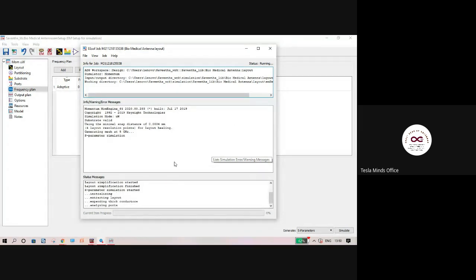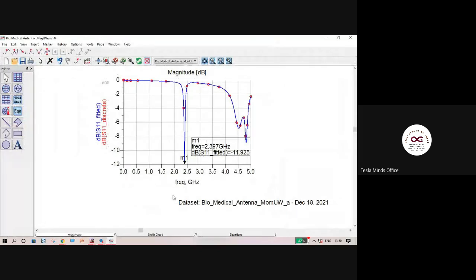We should get it. So I'm just refining my substrate. I forgot to input that point, I've just changed that point. So the first thing you have to visualize in this graph is: are we getting any response less than minus 10? If we are, we have designed the antenna correctly. Maybe if you are not getting enough value, like now we only got minus 11.925, that can be improved at any point. So that is not the issue. But the first thing you have to note down here is whether we are getting the required response or not.